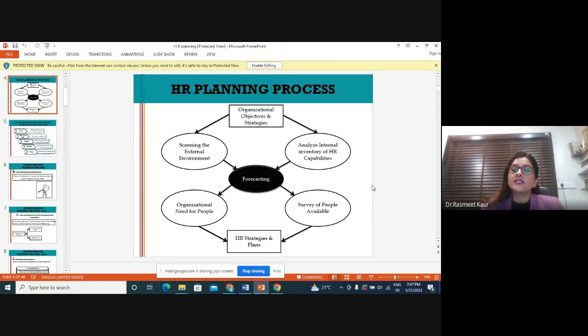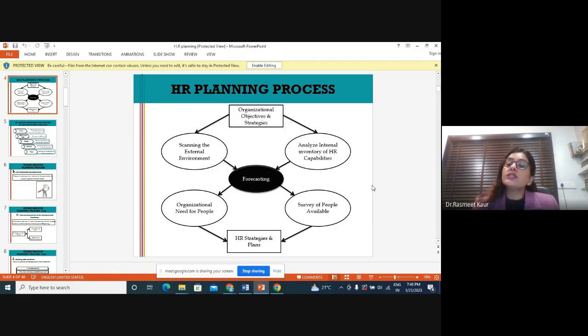We have already discussed a few minutes back where I said that you try to know what kind of HR you have within your organization. So that is internal inventory, what capabilities they have, what skill set they have, what knowledge level they have. Because if you are doing manpower planning, and if I have people already having certain skill, knowledge, and ability to perform a particular job, I'll go more for internal recruitments, because ultimately that is also going to boost the morale of my existing employees rather than going for an external recruitment.